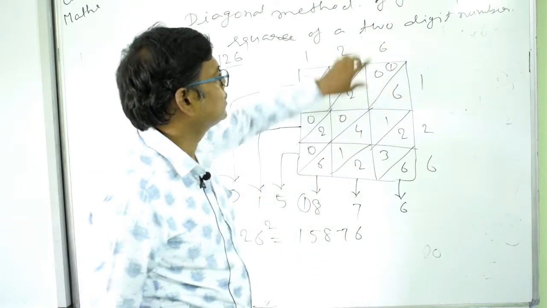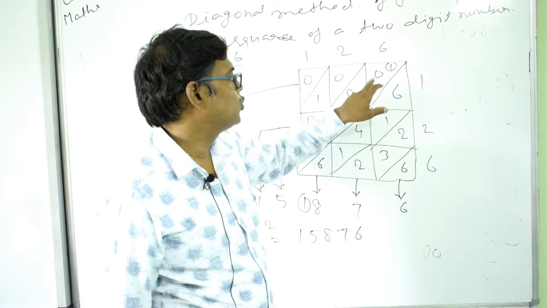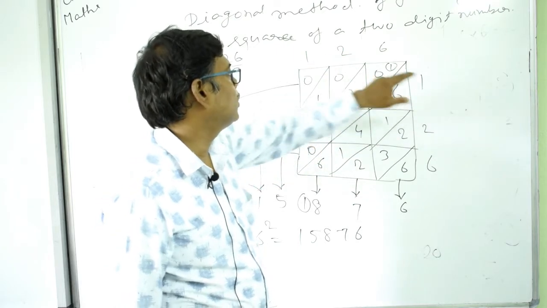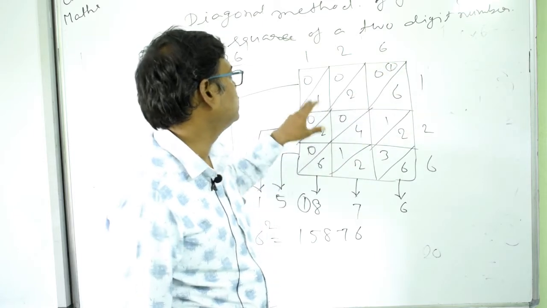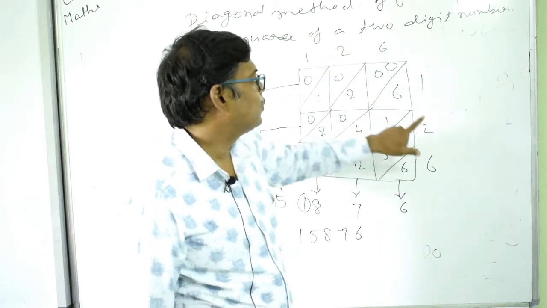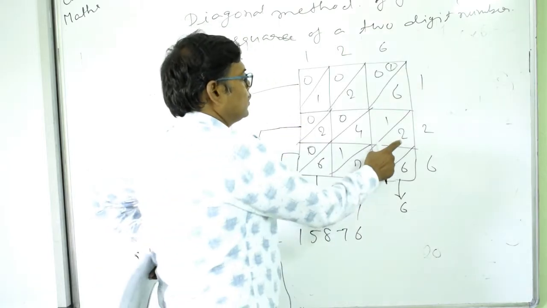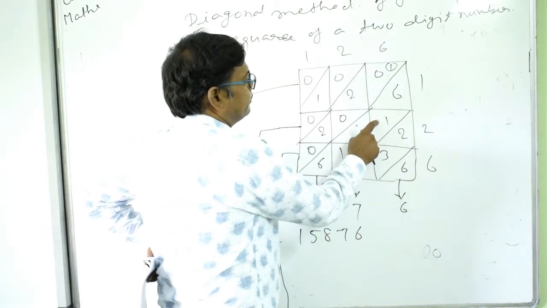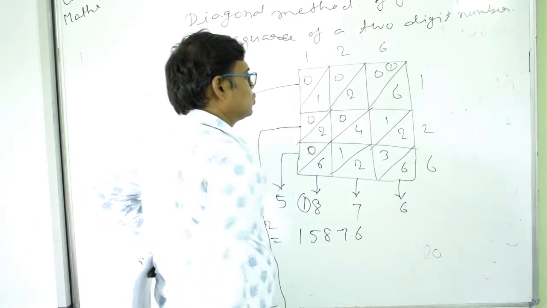Okay, 6 1 ja 6. So you got only 6, that is only one digit, so write 6 here and 0 is here. Then 2 1 ja 2, then 2 is here and 0 is here. 1 1 ja 1, then write 1 and 0 here. Now 6 2 ja 12. Now see here we have got a 2-digit number, so write the 1's digit here and the 10's digit here. Similarly 2 2 ja 4, so 4 is here and 0 is here, and so repeat this process.